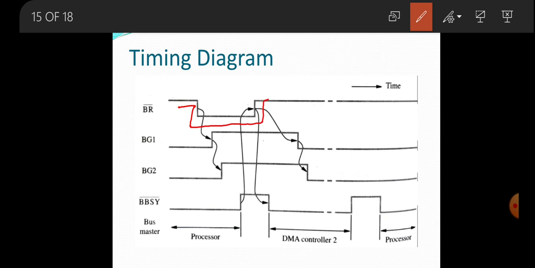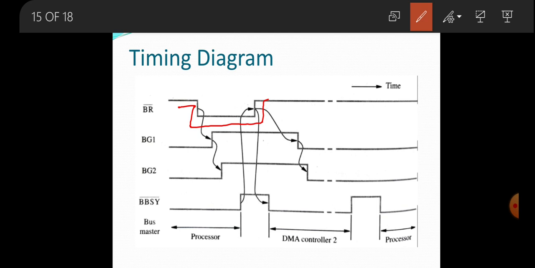Now the context is that DMA controller 1 doesn't have any request for the bus, so it simply transfers this bus grant signal to DMA controller 2. DMA controller 2 acquires that bus grant signal, issues the bus busy signal and does the DMA transfer operation. It is the context.